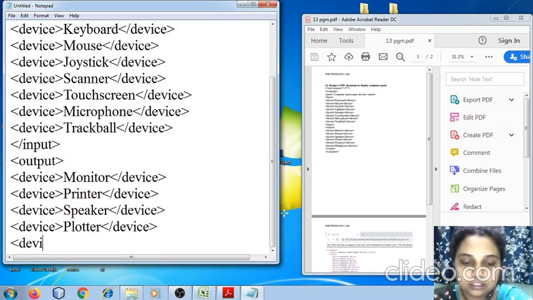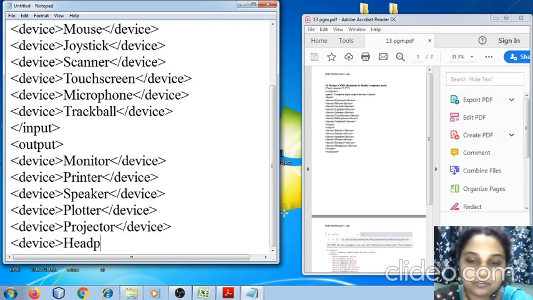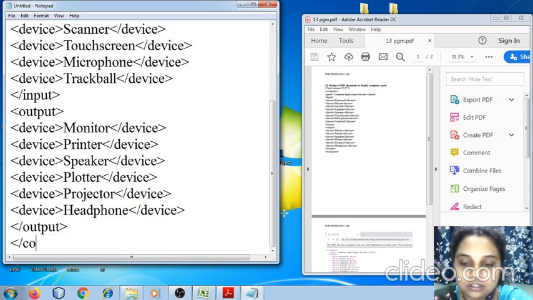The one which you are most familiar with, projector. So that is also an output device. Last output device. Then I am going to close the output tag. Also I need to close the computer. So in this manner I have created the program for displaying the parts of a computer.